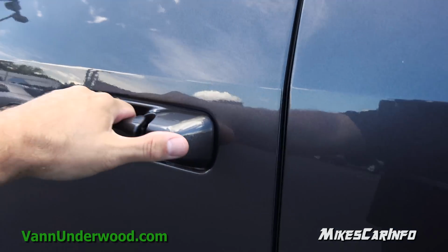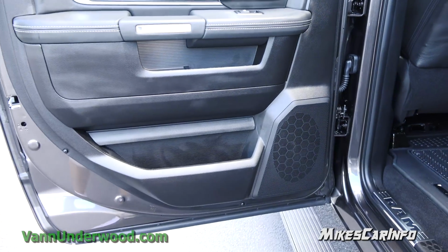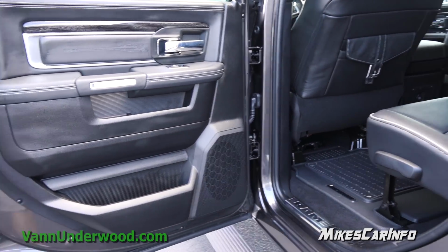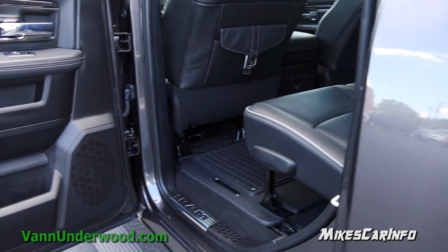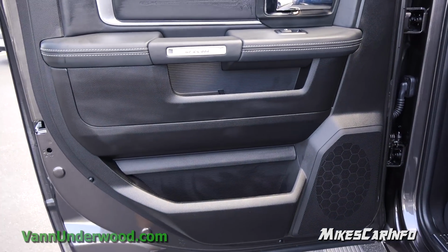So let's go ahead and take a look in the back portion. Now the doors in the back are quite large. Now with the crew cab, you already have a tremendous amount of room. Now this is the mega cab, so you actually have this extra room right here just to give you this wide open space. It's hard to imagine even more room than a crew cab if you've experienced that, but this